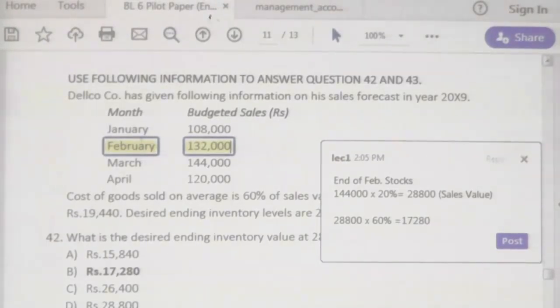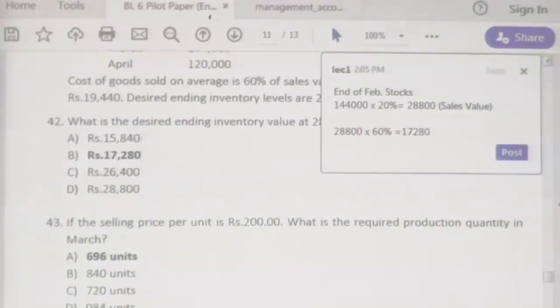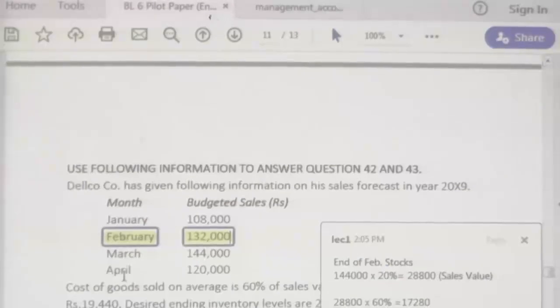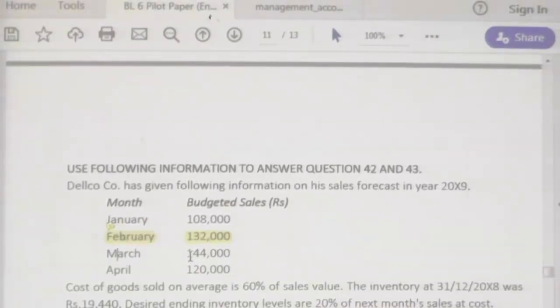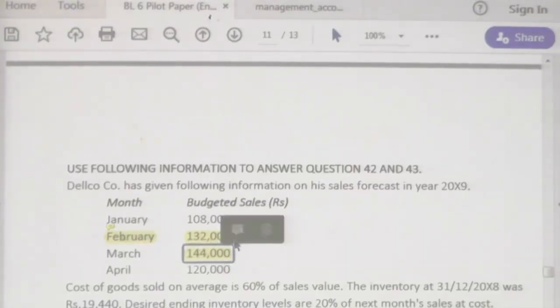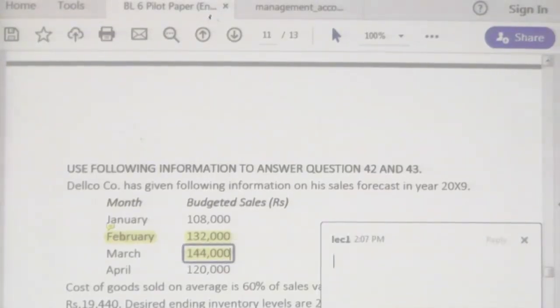Now let's see the second question. If the selling price per unit is 200 rupees, what is the required production quantity in March? If the selling price is 200, what is the production quantity in March? Let's take March now. Right. What is the production quantity in March? March production quantity consists of,